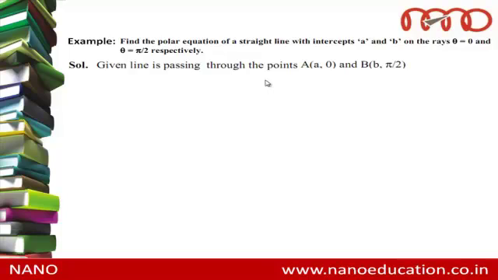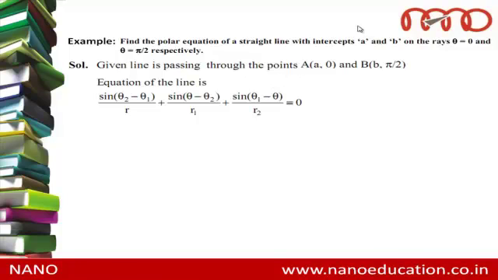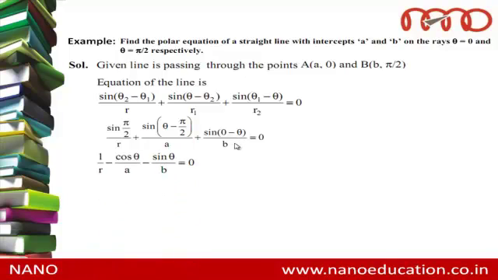The line is passing through the points (a, 0) and (b, pi by 2), and simply we substitute these 2 points in our line equation. Theta 1 we have to be 0, theta 2 to be pi by 2, r1 to be a, r2 to be b. Substituting we get sin pi by 2 by r, sin pi by 2 is 1, plus sin of (theta minus pi by 2) by a plus sin (0 minus theta) by b is equal to 0, which is simply 1 by r minus cos theta by a minus sin theta by b is equal to 0,